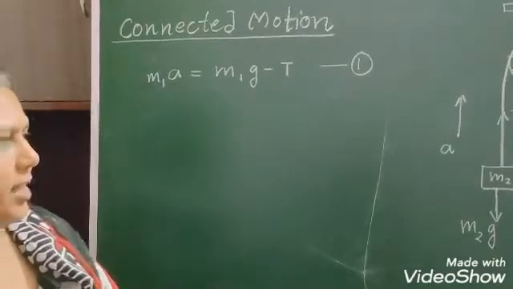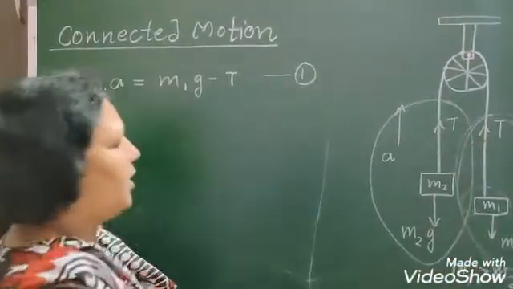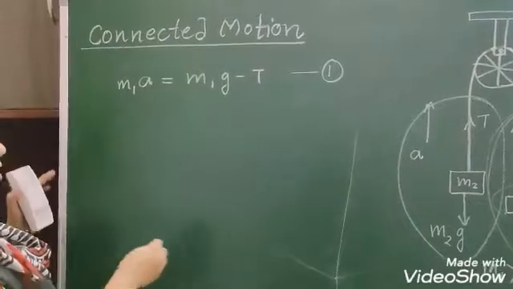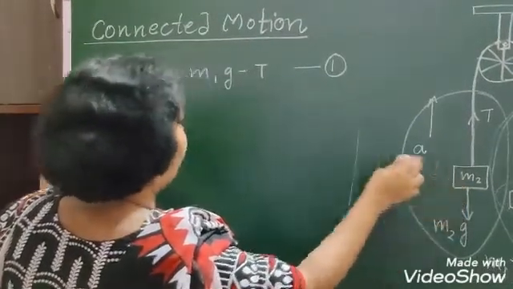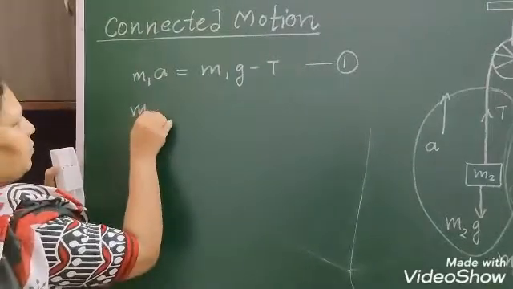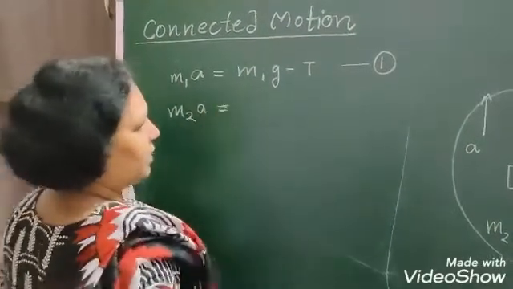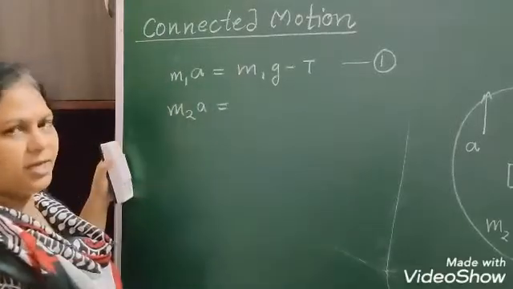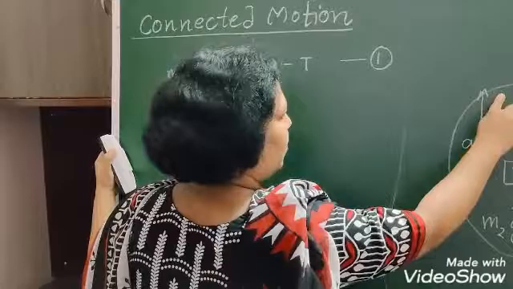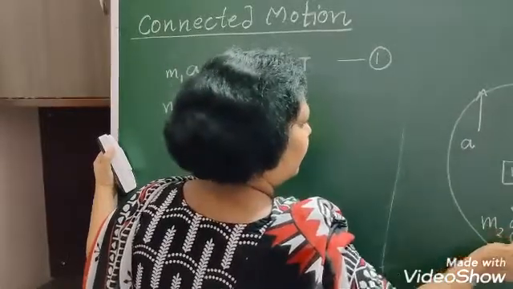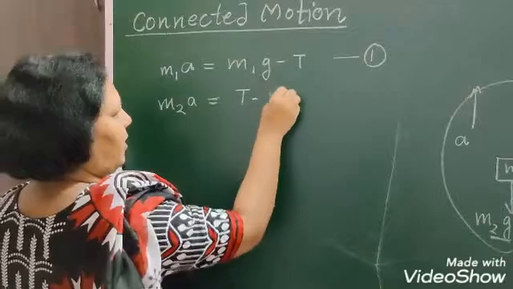Now come to the second part here. In this part you will find again the acceleration is produced, but on the second body, and that force is m2a this time. This can be produced by the resultant of m2g and T, and because the acceleration is produced in this direction, obviously T must be greater than m2g. So T must be greater than m2g.